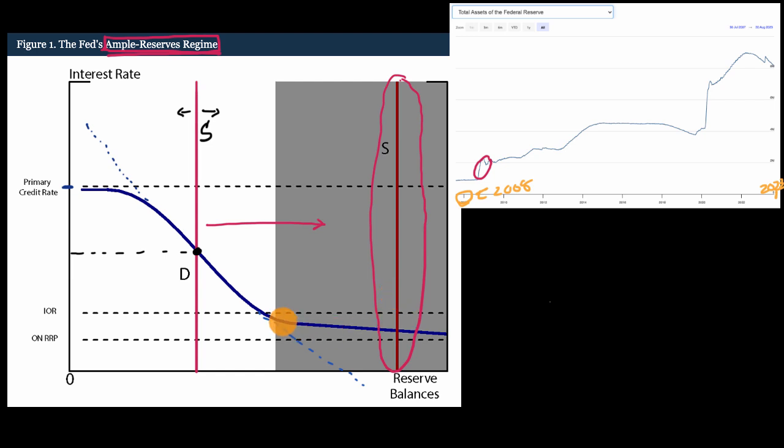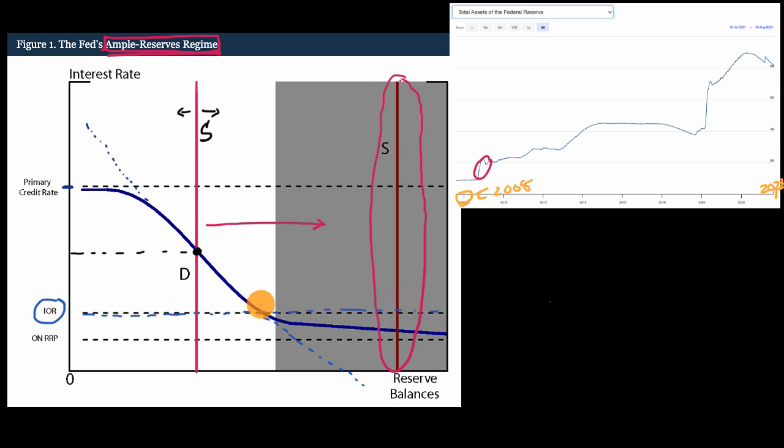They said, okay, banks, it is no longer the case that the only way that you could get interest on your reserves is by lending it to other banks. We're going to allow you to take those reserves and deposit them with us, with the Federal Reserve. And we will give you interest on those reserves. That's what this IOR is, interest on reserves. And so if you are a banking institution, this essentially set up a floor on the interest that you would